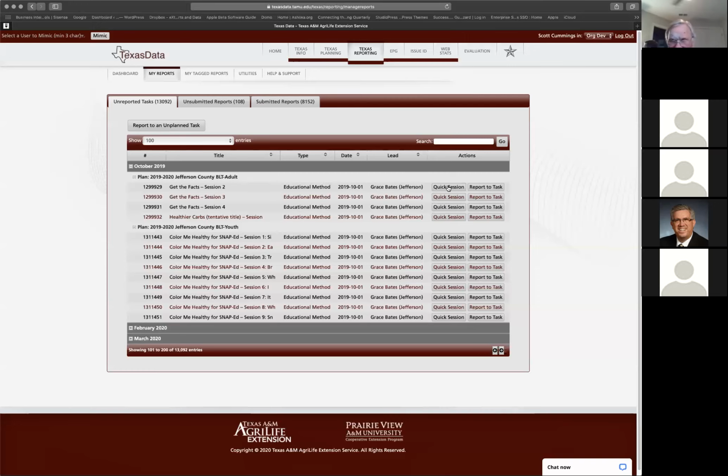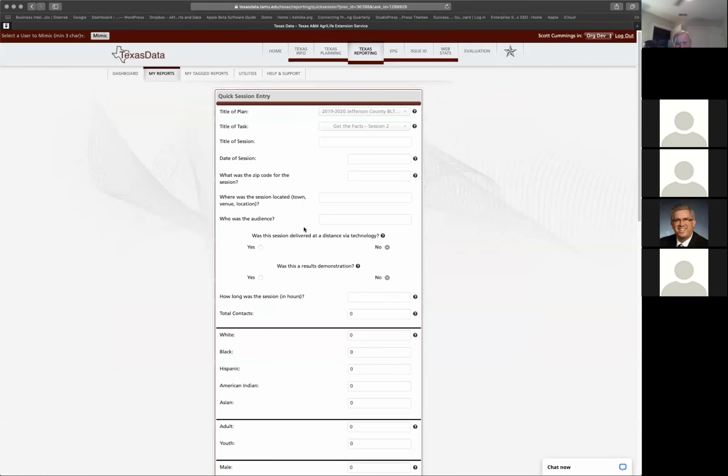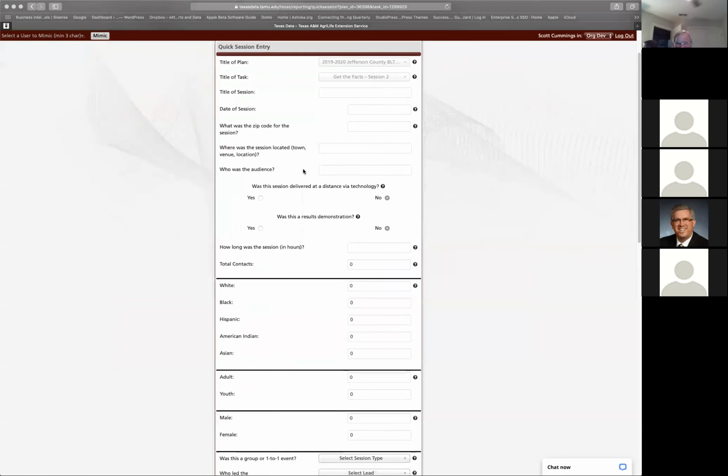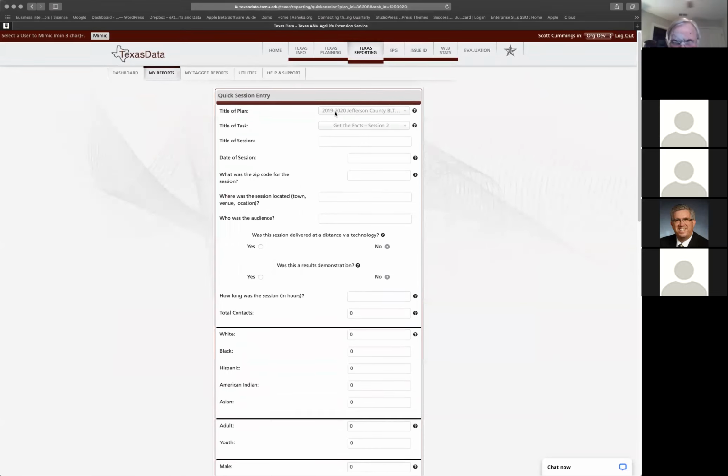Quick session is an abbreviated report, and report to a task is the full report. Eventually, you've got to do both. You've got to do the report to the task, but if you just want to get something started, you can hit quick session. So if I click on quick session, it actually takes me only to the entry of